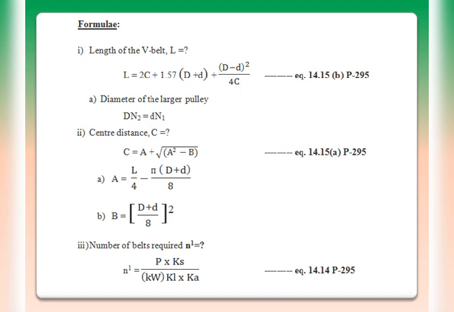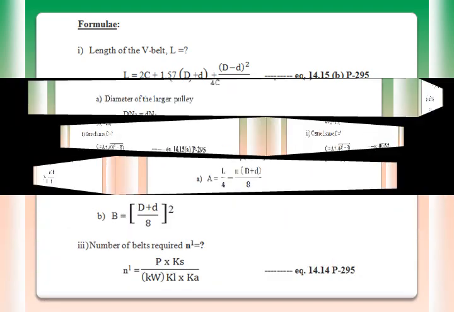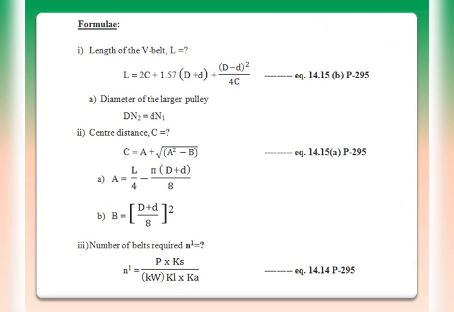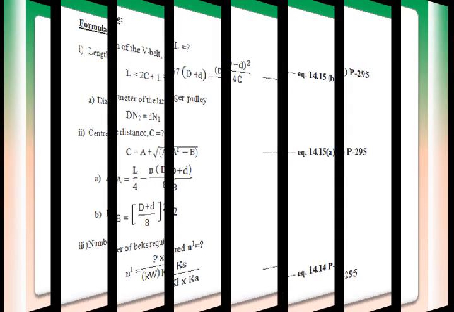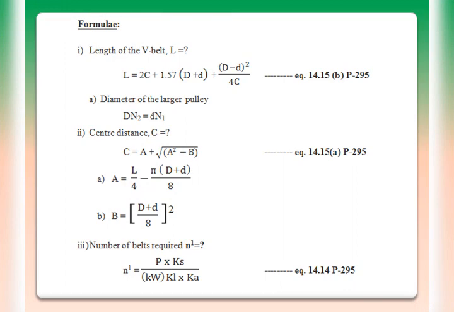That can be evaluated by using the equation for the diameters of the larger pulley and the smaller pulley, that is capital D into N2 is equal to small d into N1. This is by using the velocity ratio equation. Velocity ratio is the same, so pi D N2 by 60 is equal to pi d N1 divided by 60. That equation we are supposed to use. So pi by 60 is going to get cancelled. Finally, we are going to get the relation capital D into N2 is equal to small d into N1. From this, it is possible to get the value of capital D. We'll substitute it in the equation we noted earlier, capital L is equal to, and we get that particular value.